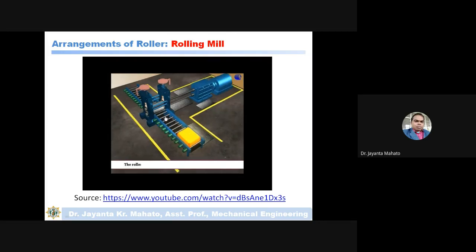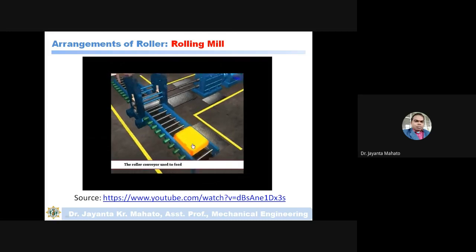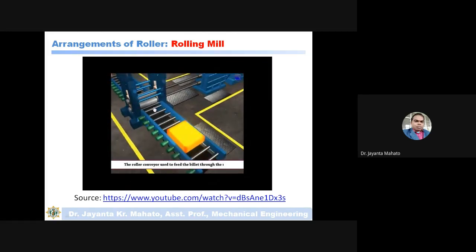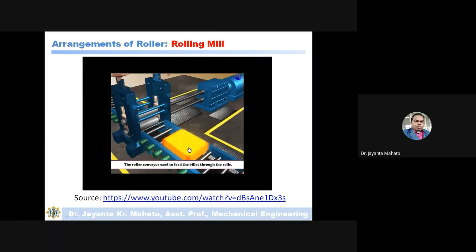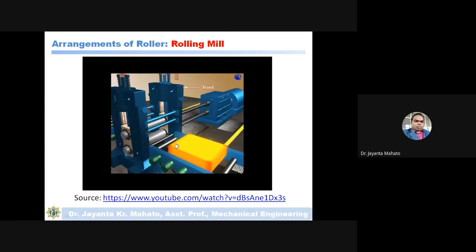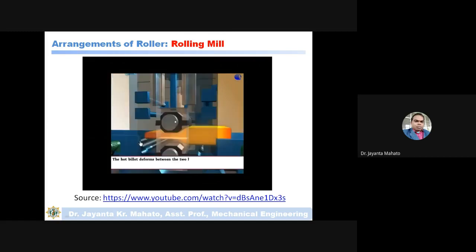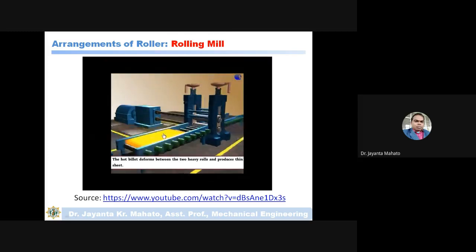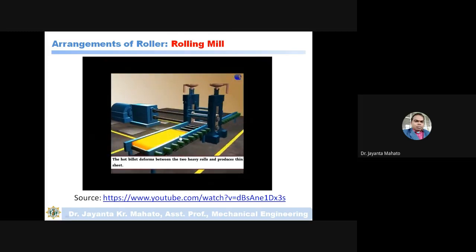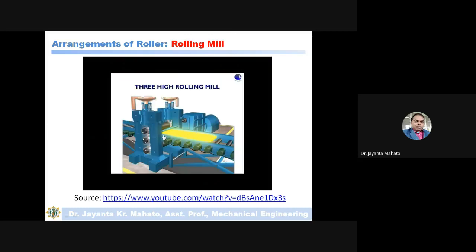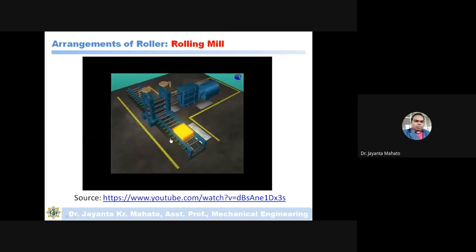So just look, see this path through these rollers. This arrangement is made to make automatic feed. Okay, and you can adjust the gap between these two rollers according to the thickness, and after passing this slab through these two rollers, later you can reduce the thickness.